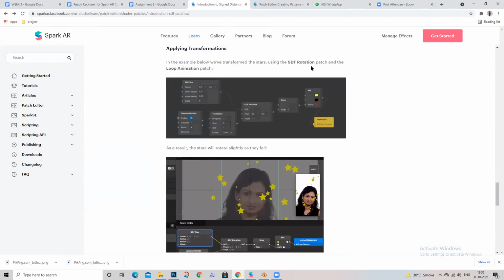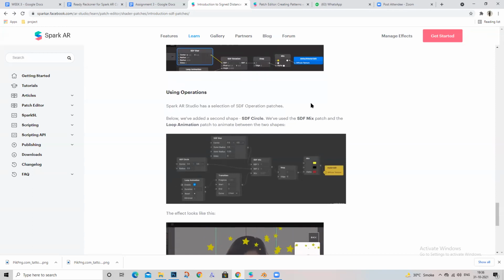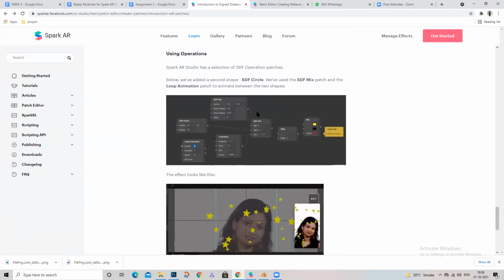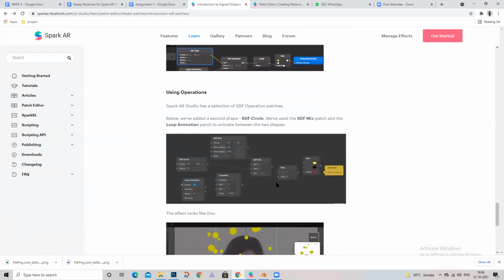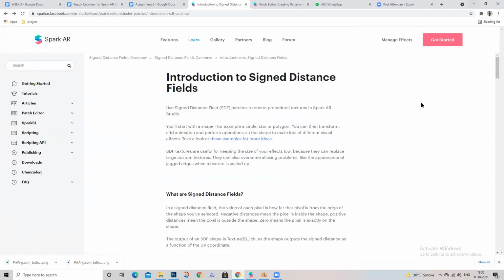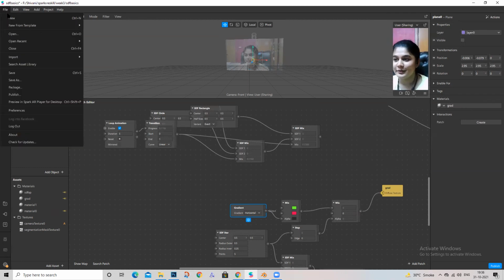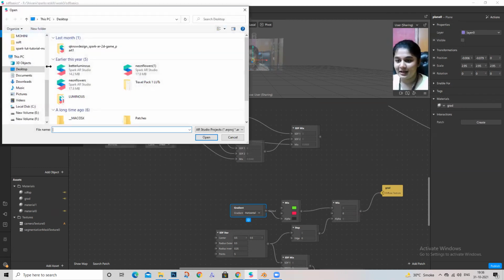Rotation, we checked how to do SDF rotation too. And we also saw how to have this procedural animation between 2 or 3 or more kinds of SDF shapes. So this is something also we did. So yeah, these are the basics of SDFs. So now I have made this one sample, you can say, of what you can do with SDFs, and I'll just show it to you. Okay, so maybe in the near future, that's something you'll be able to make. I'll go through it too.